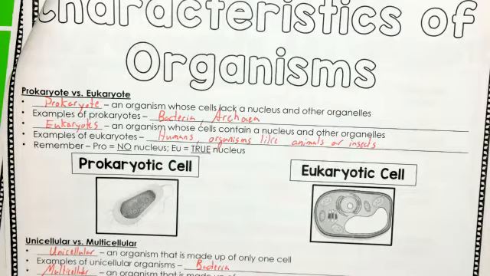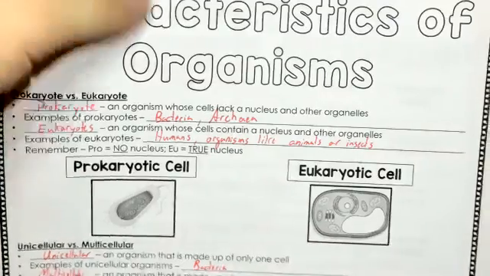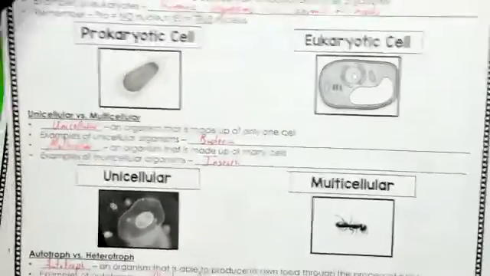All right. Examples of eukaryotic cells: us, humans, organisms like animals and insects. Remember, pro means no nucleus, and eu means true nucleus. But I like to think of eukaryotic like you, animals, complex cells. All right? Prokaryotic and eukaryotic. Any questions on those two types of cells? Awesome. Hopefully this is more review for some of you.